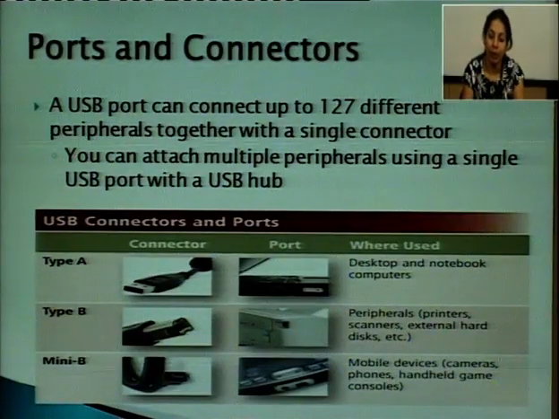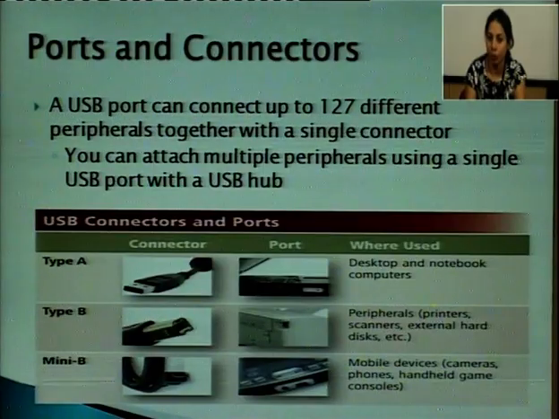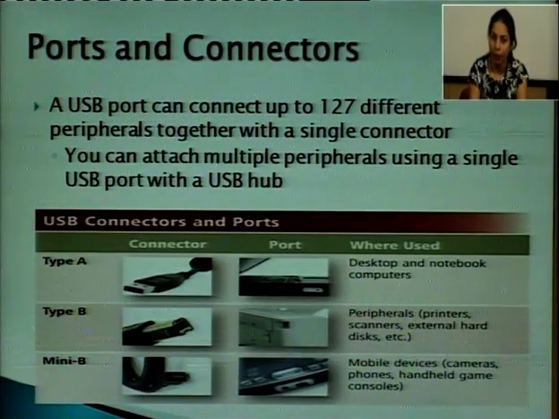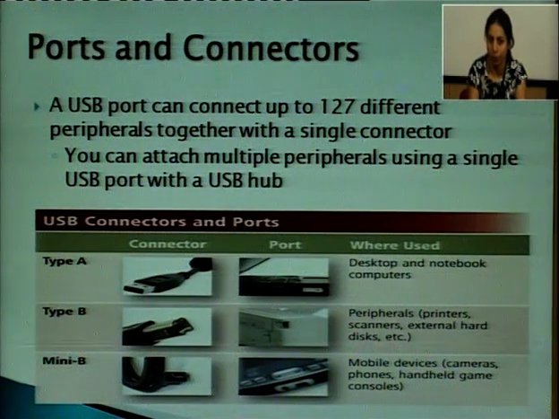Hot swappable means while your computer is on, you can connect any kind of device without shutting down the computer, for data communication and data transfer. You can also attach multiple peripherals by using a single USB port or by using a USB hub.